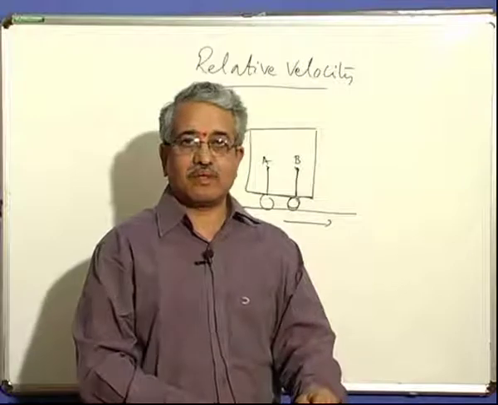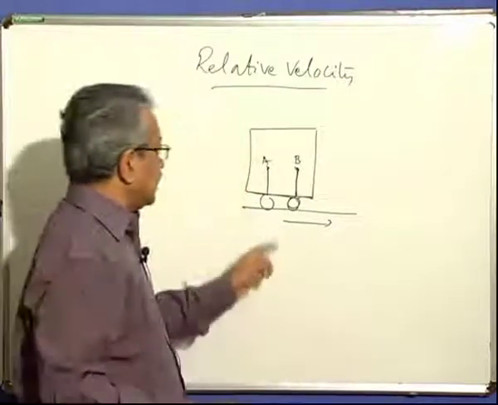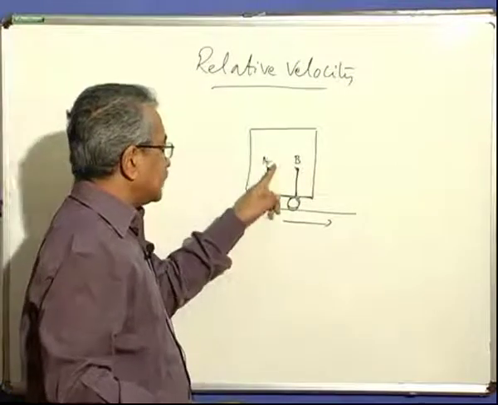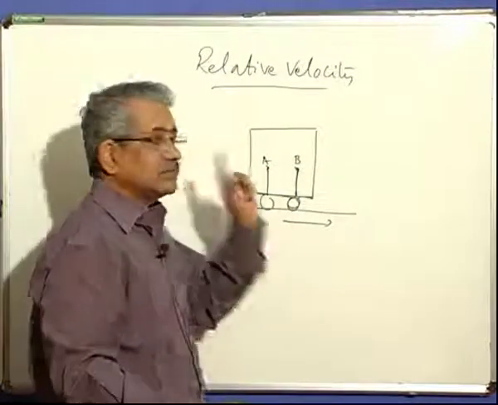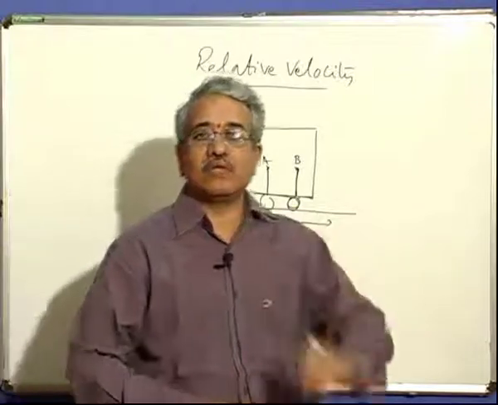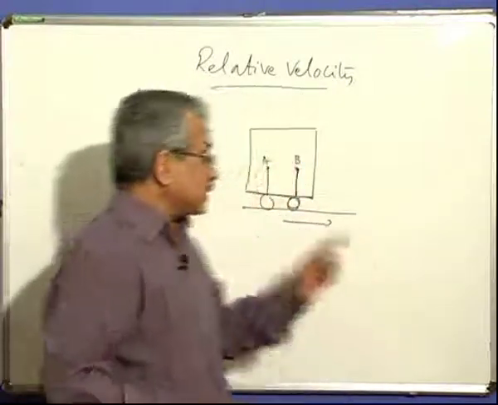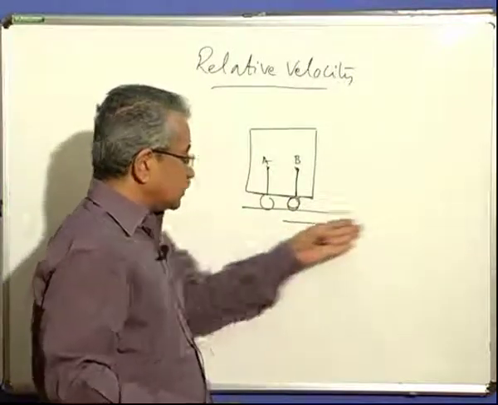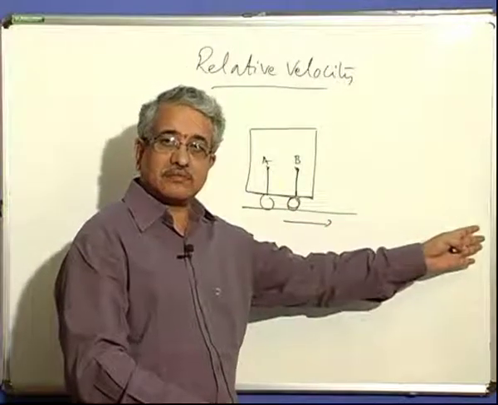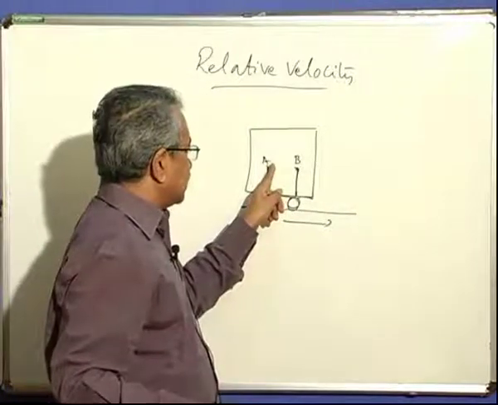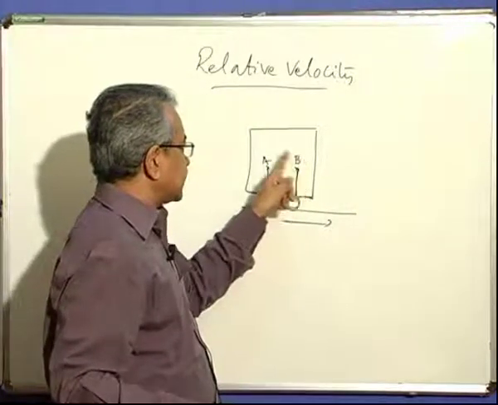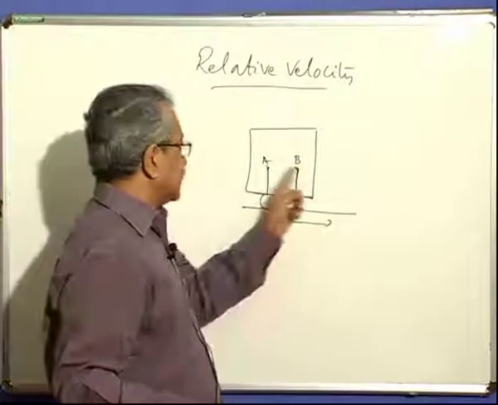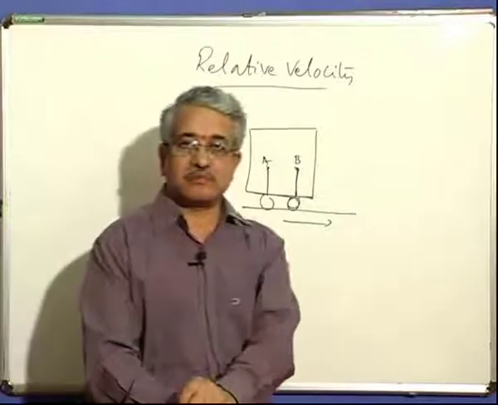We are not moving. What is happening actually? The observation is with reference to the observer here. As the observer observes, from his standpoint, we find the velocity. Such a velocity is called relative velocity. So though the body is moving on the road like this, the velocity of A with respect to B, and the velocity of B with respect to A, is zero. That means they are not moving with respect to each other.